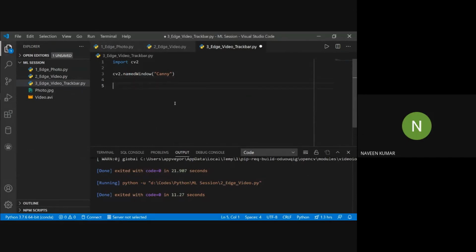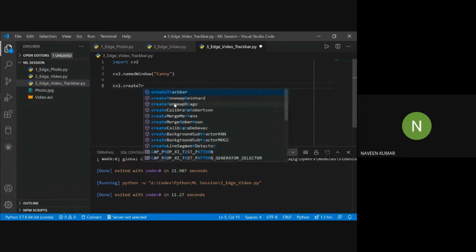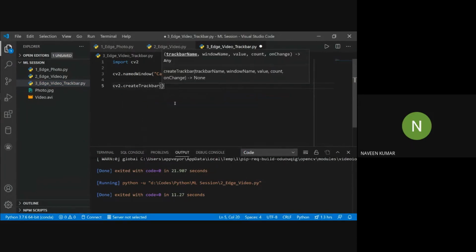So now we will create a track bar for minimum value, and the first parameter is track bar name. I am taking it as minval. The second parameter is window name, so where it should get displayed.